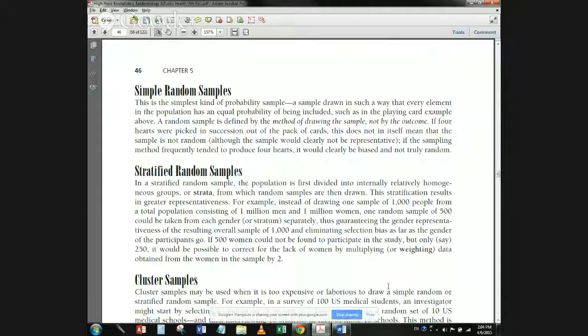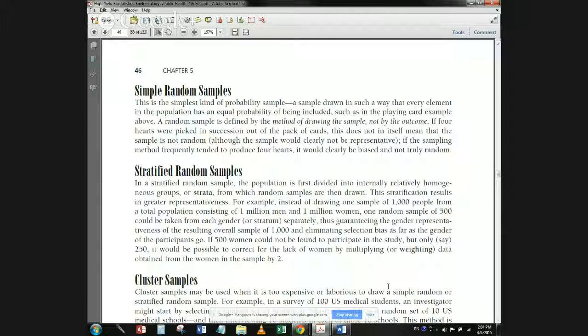Stratified random samples. In a stratified random sample, the population is first divided into internally relatively homogeneous groups, or strata, from which random samples are then drawn. This stratification results in greater representativeness. For example, instead of drawing one sample of 1,000 people from a total population consisting of 1 million men and 1 million women, one random sample of 500 could be taken from each gender or stratum separately, thus guaranteeing the gender representativeness of the resulting overall sample of 1,000 and eliminating selection bias as far as the gender of the